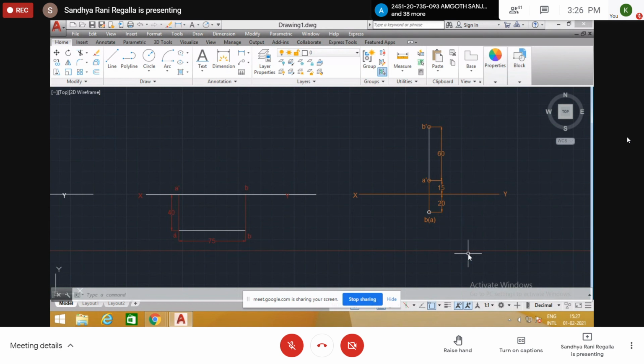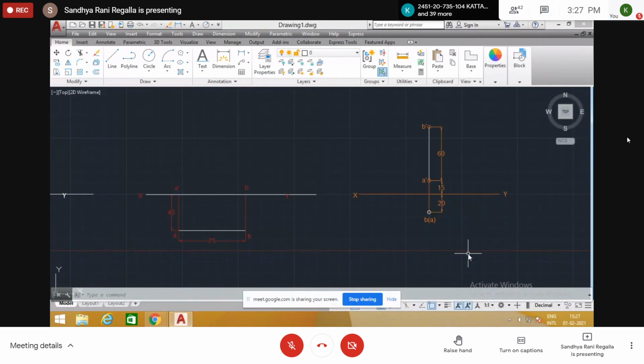The line is perpendicular to HP, which means you draw a line perpendicular to XY above XY, because it is visible in the front view. So the line is perpendicular to XY in the front view, above XY, and 20 mm in front of VP. Any distances with respect to VP are visible in the top view, that is below the line. So this 20 mm you put below XY.